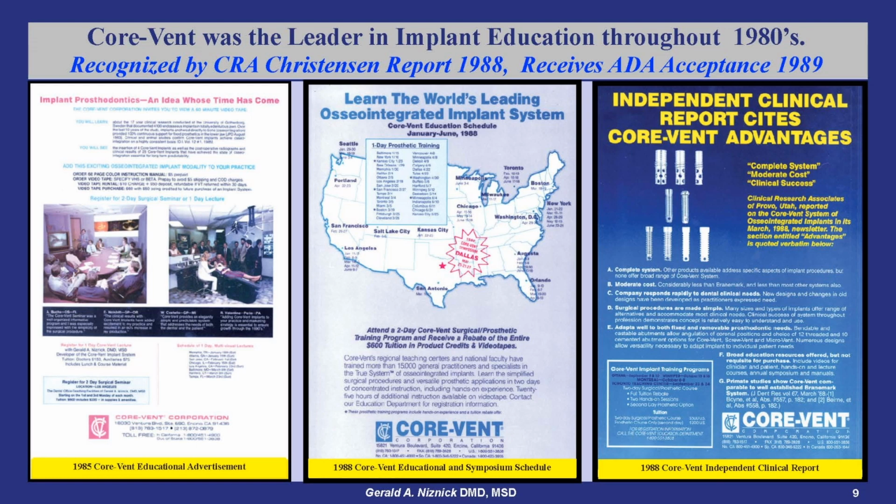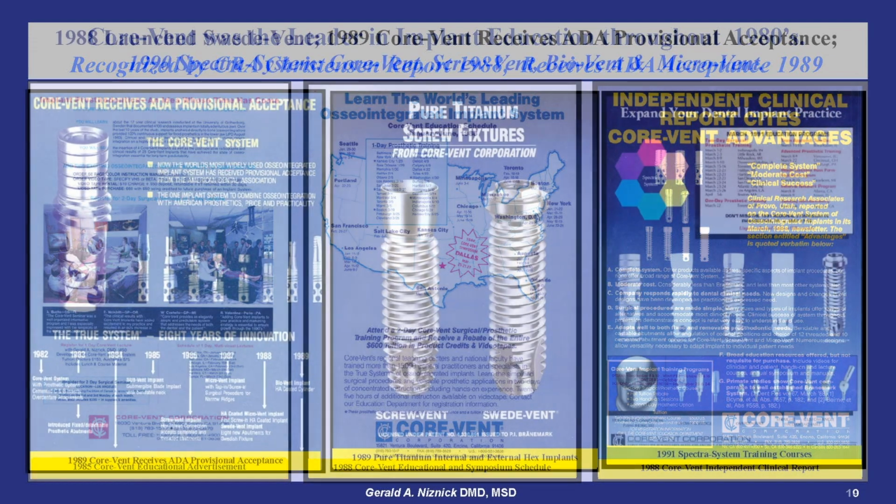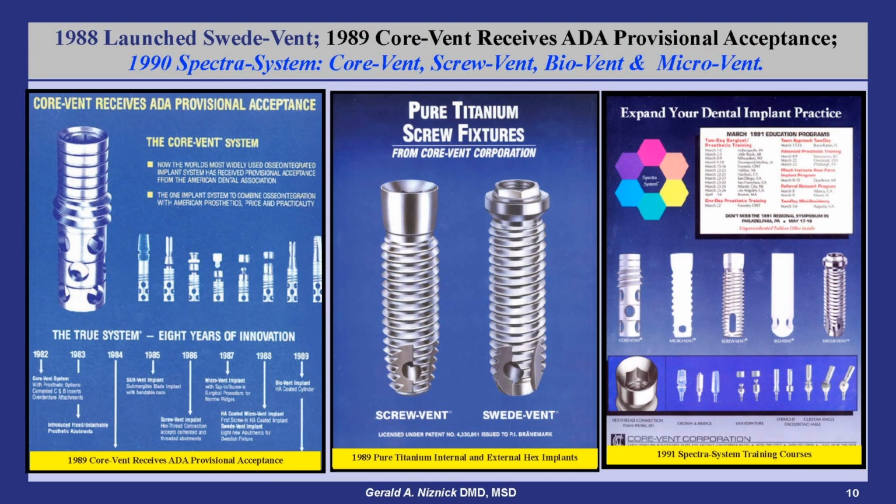In 1988, Gordon Christensen did an independent study of the CoreVent system and pointed out its many advantages. CoreVent received ADA provisional approval in 1989. That year, I introduced the ScrewVent external hex implant, which was a clone of the Brånemark implant. By 1990, the ScrewVent's internal hex connection completely replaced the hex hole connection for the cemented abutments on the CoreVent,